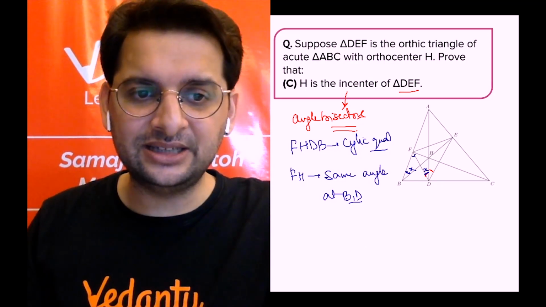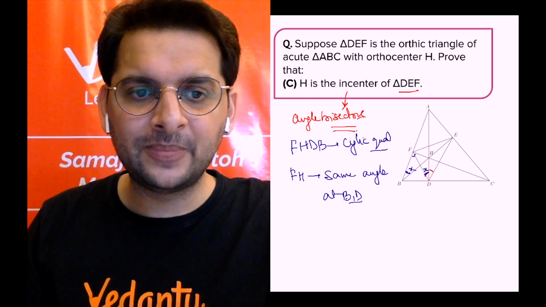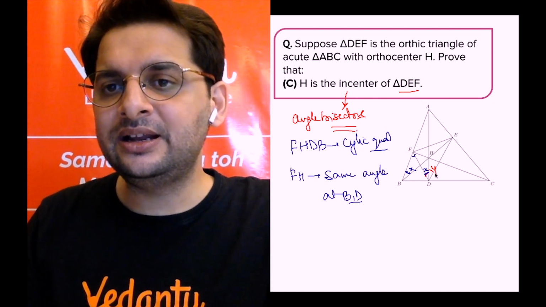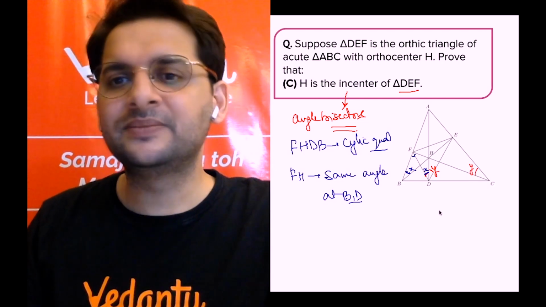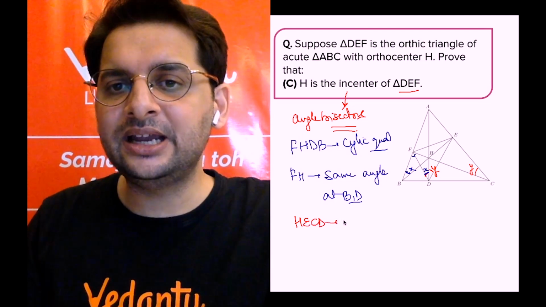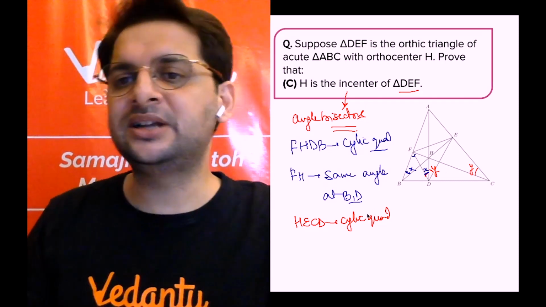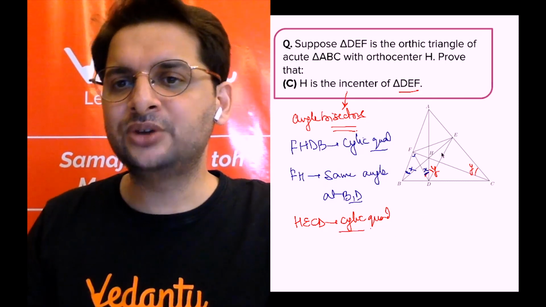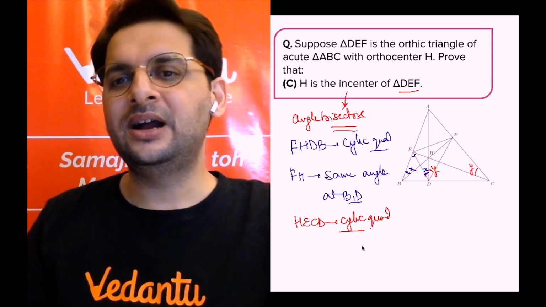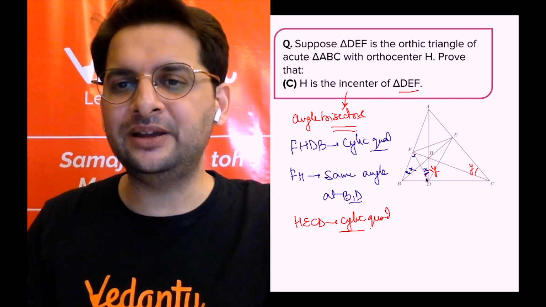For the same reason, guys, exact same reason, can I also say that this angle and this angle would be equal? That is because HECD is a cyclic quad, because the sum of opposite angles is 180 degrees. So HE would subtend the same angle at C and D. Now, I just have to prove that X is equal to Y. How can I prove X is equal to Y? Now,